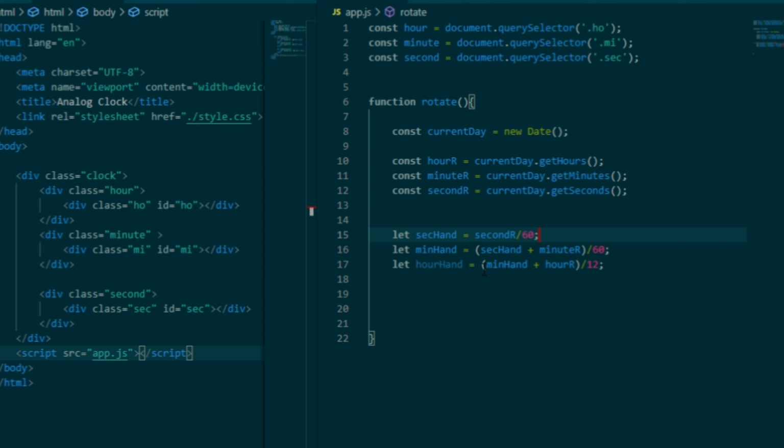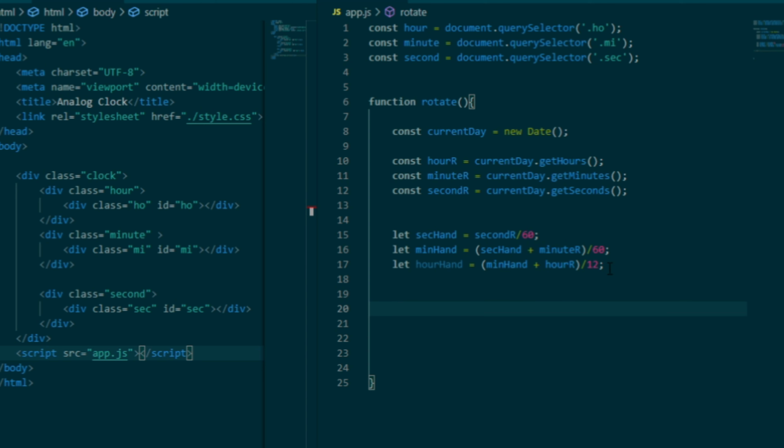So hour hand is the minute hand, what we have got, that is current second by 60 plus minute whole divided by 60, plus the current hour whole divided by the total number of hours in a clock, that is 12. Okay, so this is on what fraction we should rotate.